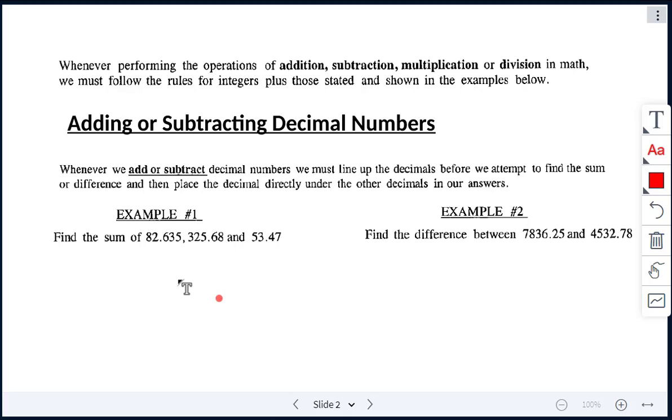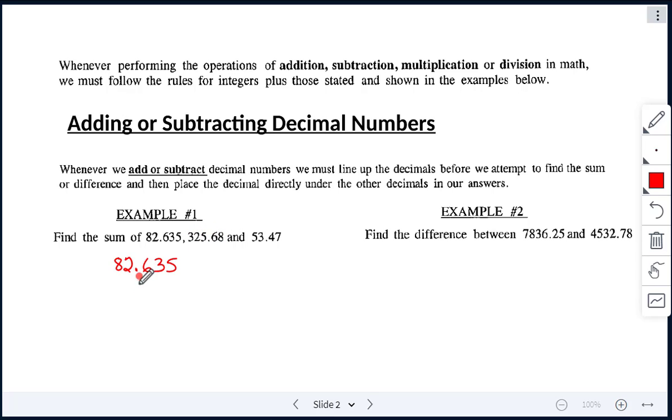All right, so here we have 3 numbers, and we have to find the sum. The sum, anytime you see the word sum, it means addition. All right, so let's set this up. Make sure we are aligning everything up correctly. So 82 decimal 635. All right, so we have 3 decimal places there. Next, we have